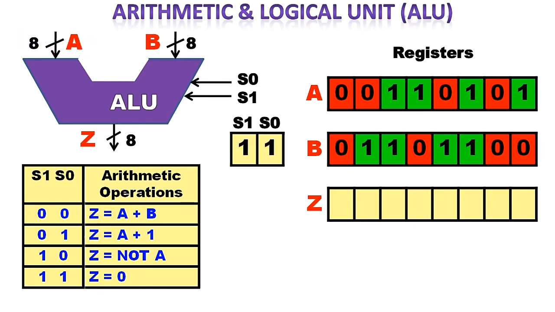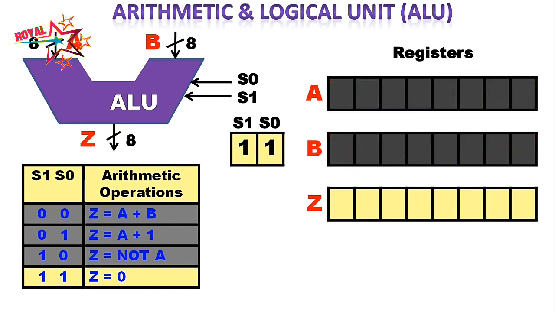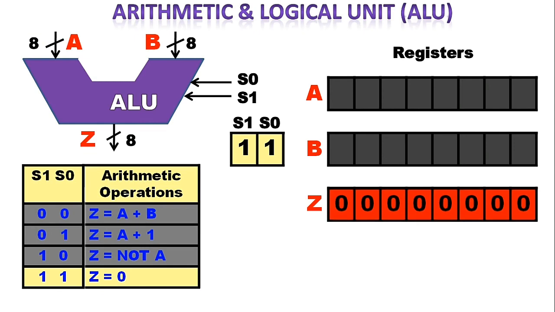Finally, if we change the control bits, again the ALU will perform a clear operation, which means that we will set the contents of a register to 0. For this operation, the ALU ignores both inputs and simply sends out the value 0. Notice that the ALU is sending out 8 zeros because all numbers, even zeros, are encoded with the same number of bits in a computer.